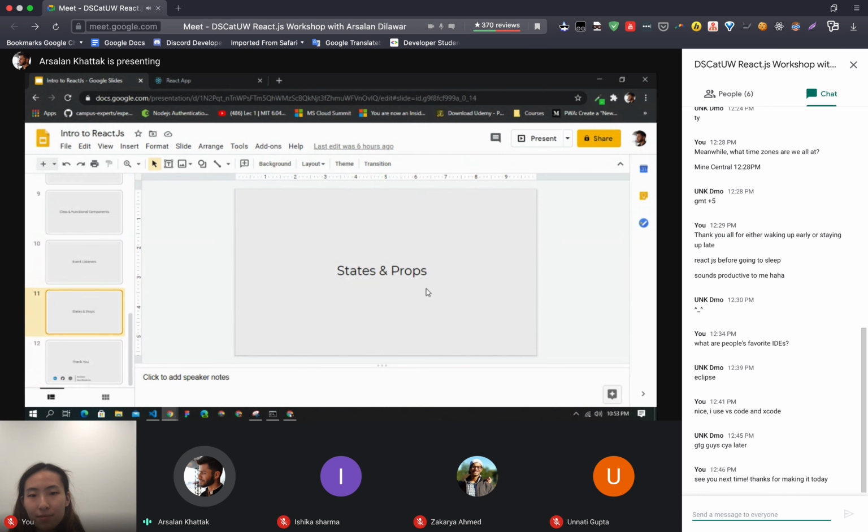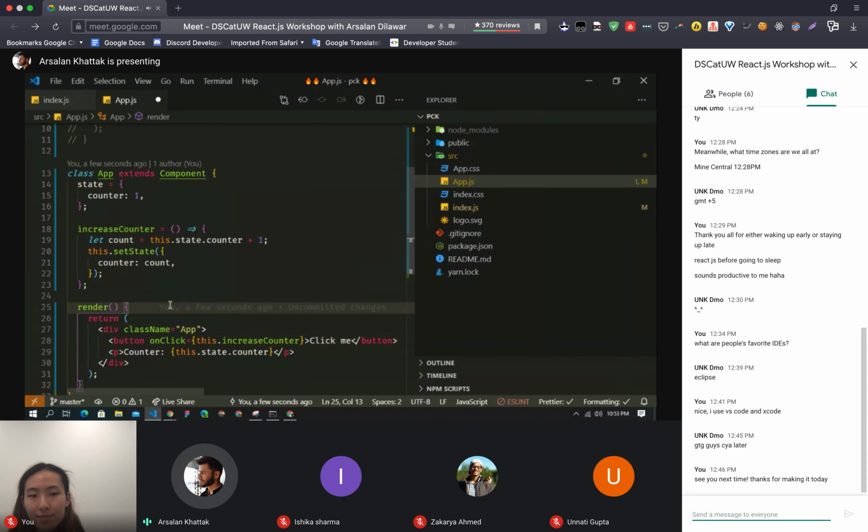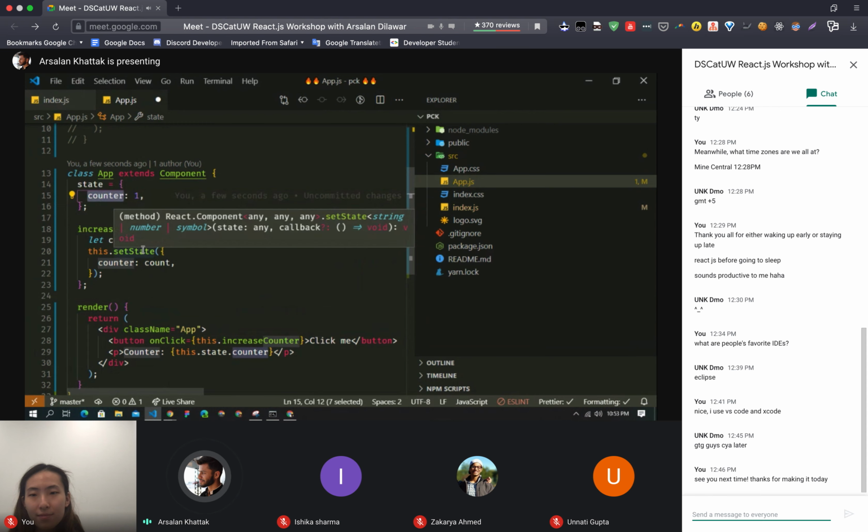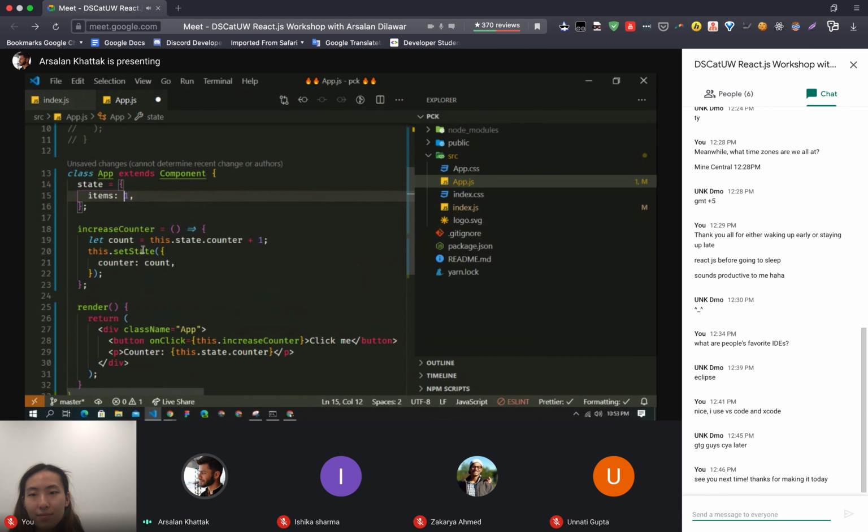Now let's talk about state and props, and let's try to make this app a little bit more complex. What I am going to do is make a simple kind of to-do application, and while making that, I will show you the difference between state and props, and what exactly props are. So let's make an array which will be items,